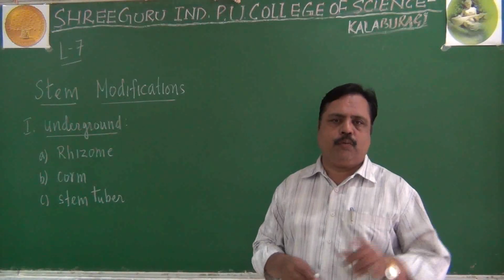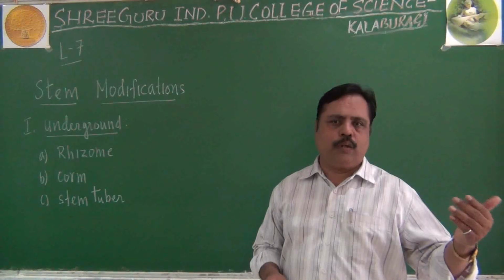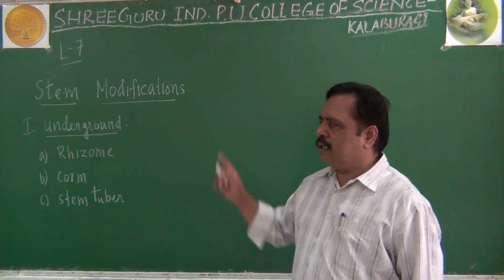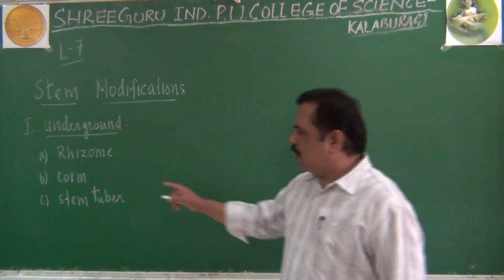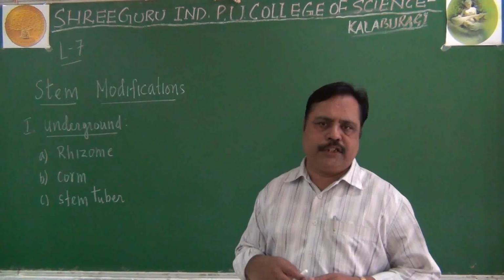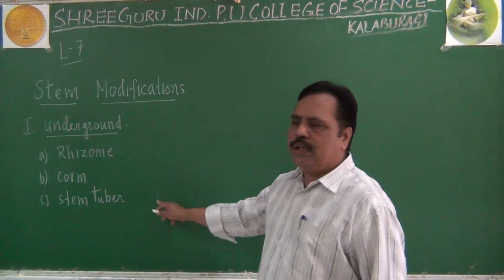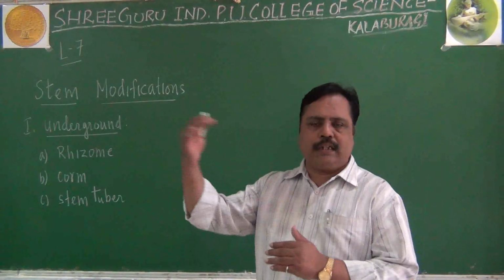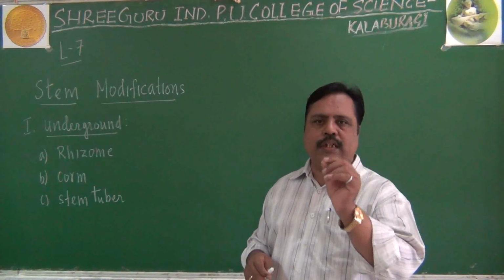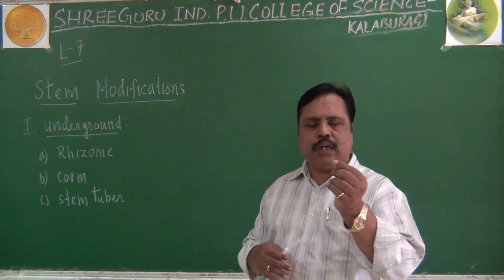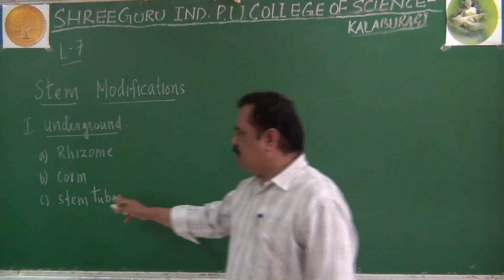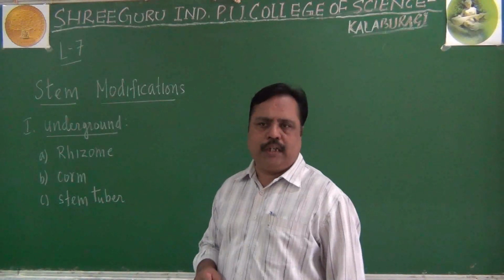Please remember one point, while sweet potato is studied under root modification, normal potato tuber is studied under stem modification actually. This stem tuber or potato, why is it called a stem even though it is underground in nature? It has got growing tips called bud, which is the characteristic feature of a stem. And potato has got nodes and internodes also. They have got stem leaves or scale leaf like structure also. So various points are making them a stem modification actually.